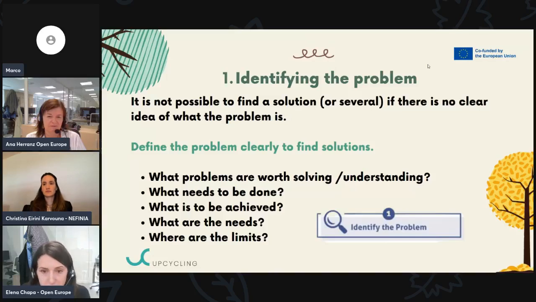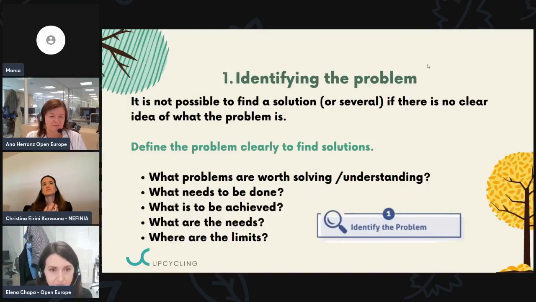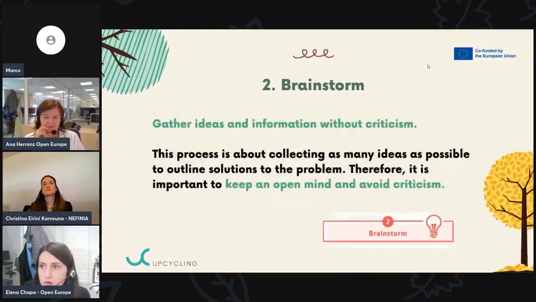the pencil. Imagine the table of a student, and the pencil often rolls down their desk. So they need to find a way to hold the pencil, or find a tool to keep their pencils organized and easily accessible. Okay, this is a problem. Is it worth solving? What needs to be done? What is to be achieved? What are the needs, etc. You don't have to start with a problem to identify it. The problem can be given by us, the teachers.